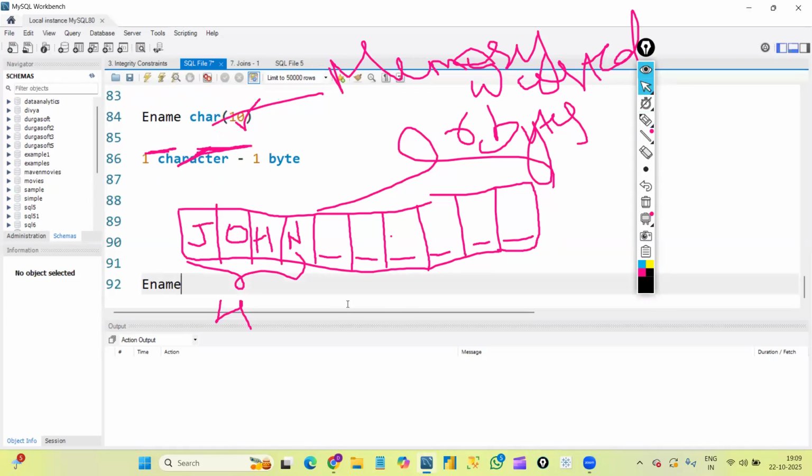Suppose for the same employee name column, if I define varchar as a data type and if I define size as 10,